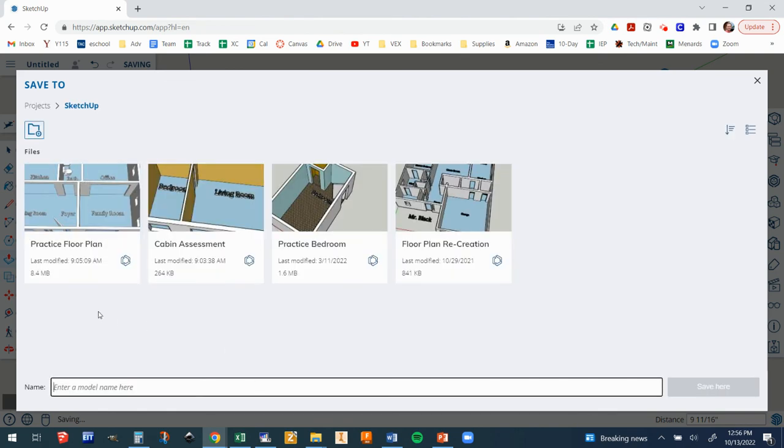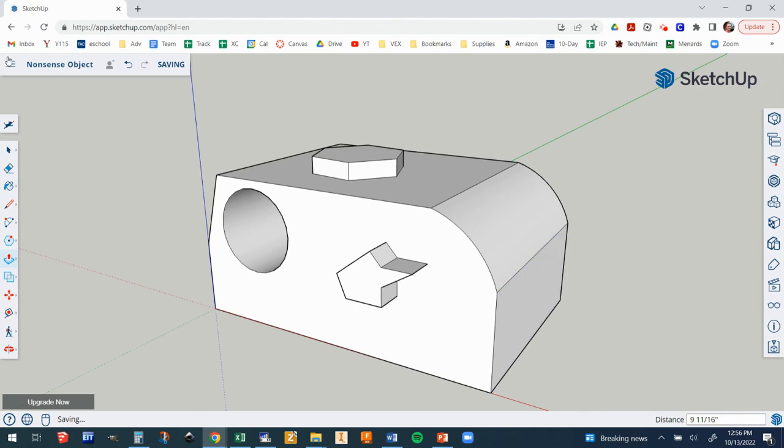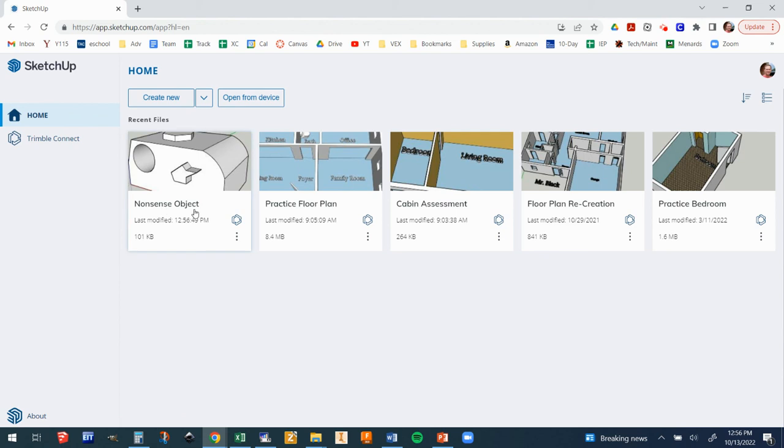So click there, and you may see your old work here if you have any. And down here at the bottom, I'm going to type in nonsense object. You can type whatever you want. It's not really anything specific. Hit save here. And now we're going to go back to our home screen. Now, back at the home screen, mine shows up right away. If for some reason yours doesn't, there can be a delay in when your object shows up here, but it's there. Anytime you're back at your home screen,